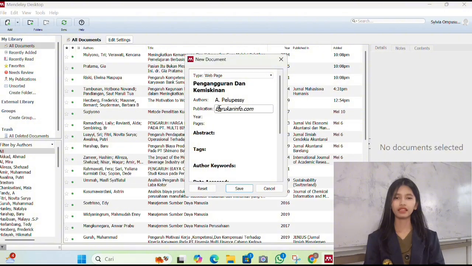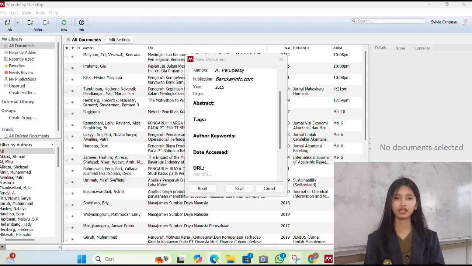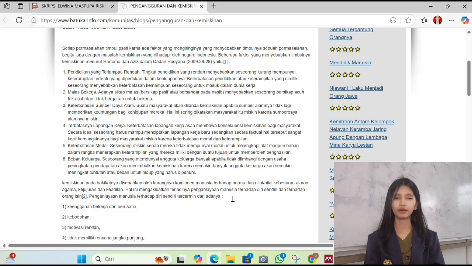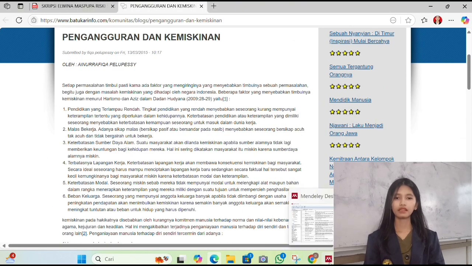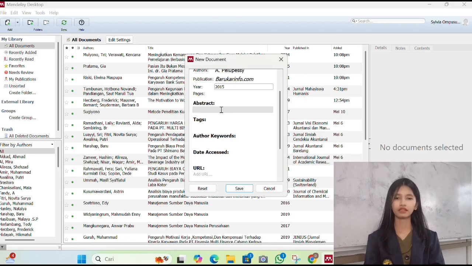We can see the year here in the web page, and for the page, we can scroll to see if the web page has pages. But this page doesn't have pages. We can ignore abstract, tag, and author keyword.